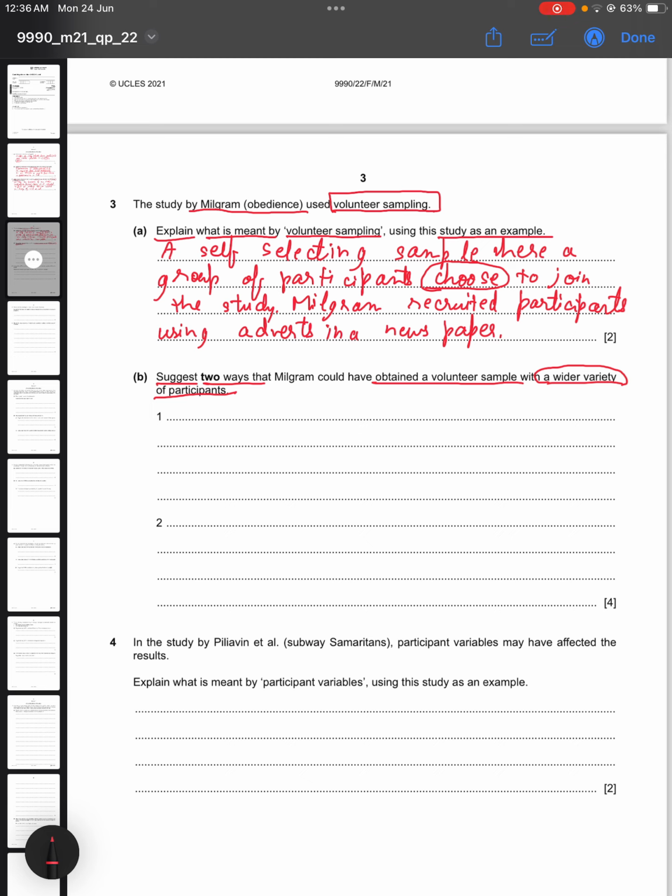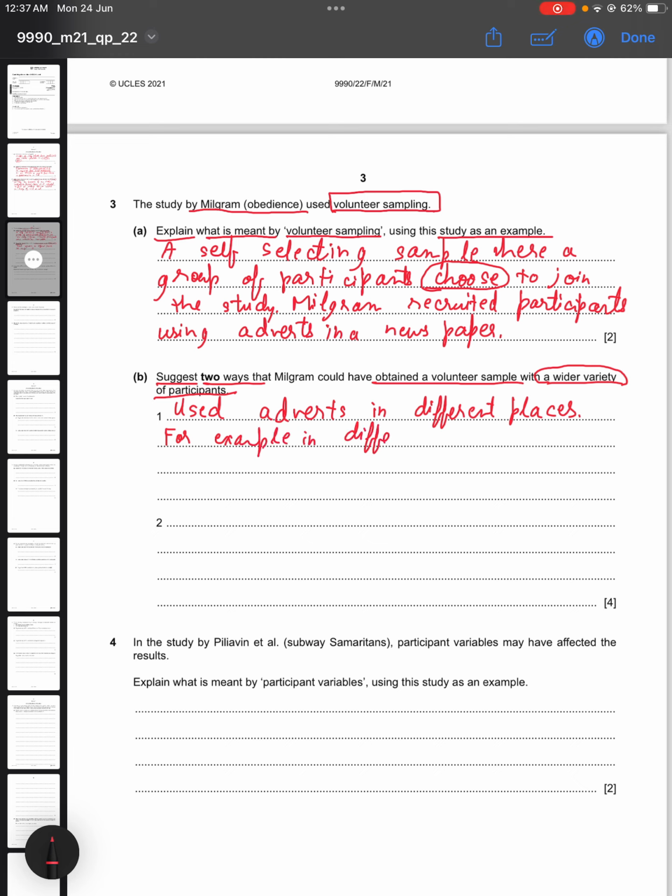So for that, what happened in the study was he gave the newspapers the adverts in a particular area, which was New Haven. Now what he could have done is that he could have used adverts in different places. So this is you suggesting a way. Now we also need to explain it further to get the second mark. So the first mark is for he could have used adverts in different places. Now for example, you can write for example